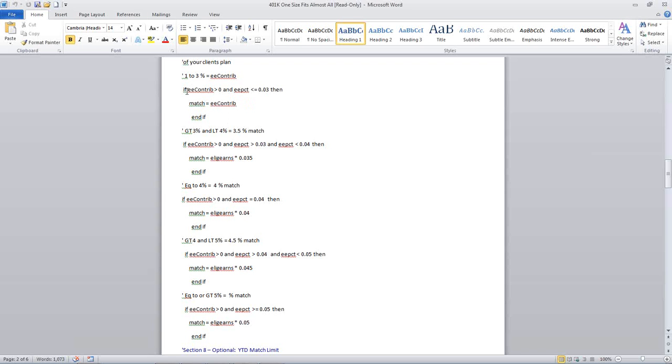So in here, you'll notice we have a greater than. So employee contribution has to be greater than 0, and the employee percentage is less than or equal to 3. So when you're dealing with condition statements like this that have less than or equal to, your next condition has to be greater than that number.